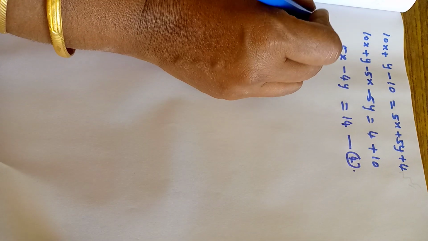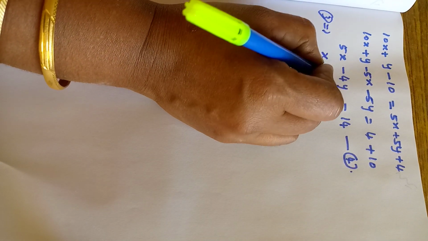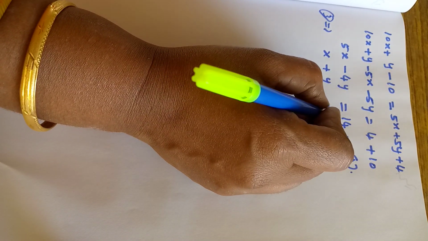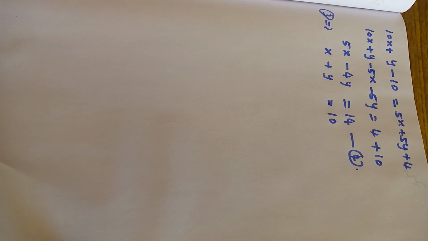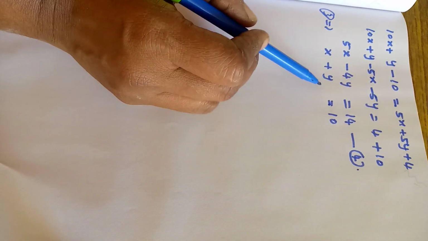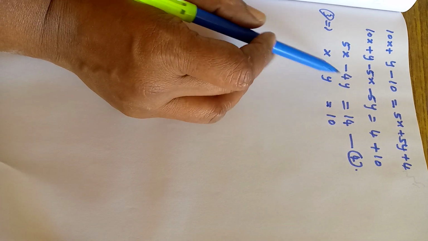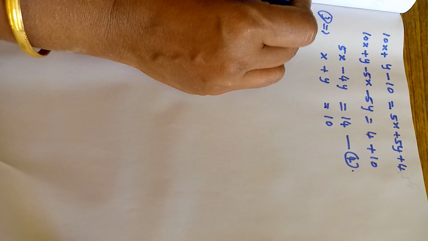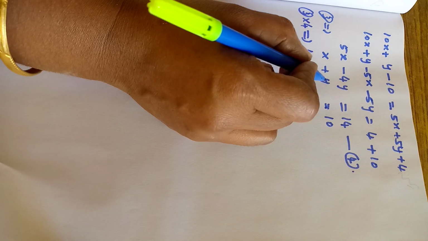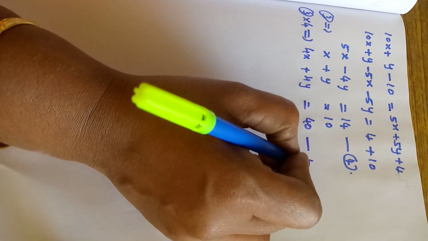What is equation number 3? Equation 3 implies x plus y is equal to 10. Third equation, x plus y is equal to 10. Let us multiply this equation 3 by 4. Why? If you multiply by 4, we get 4y, which matches the fourth equation. These two equations we can solve by the elimination method, and we can get the answer easily. So equation 3 into 4 implies 4x plus 4y is equal to 4 into 10, 40. It is equation number 5.